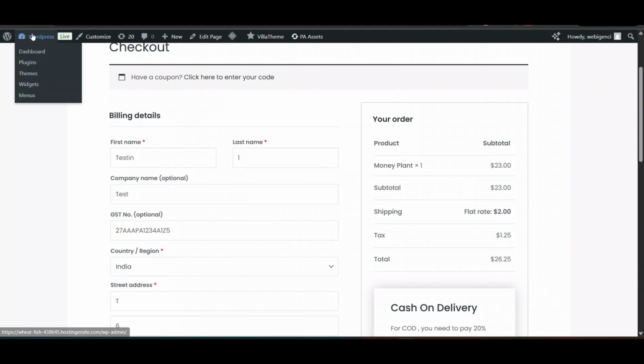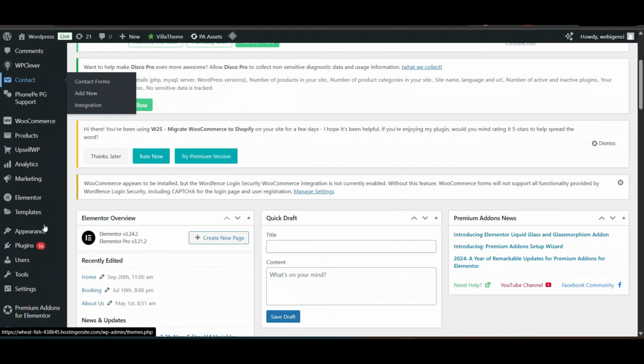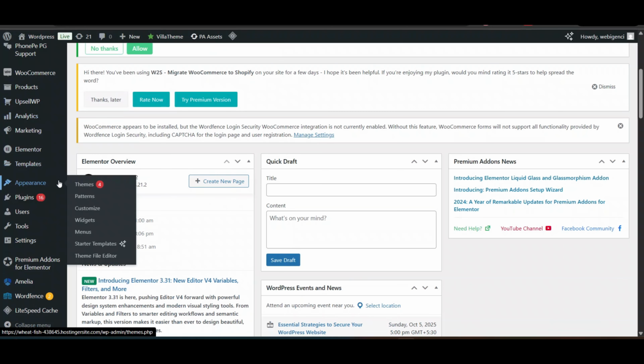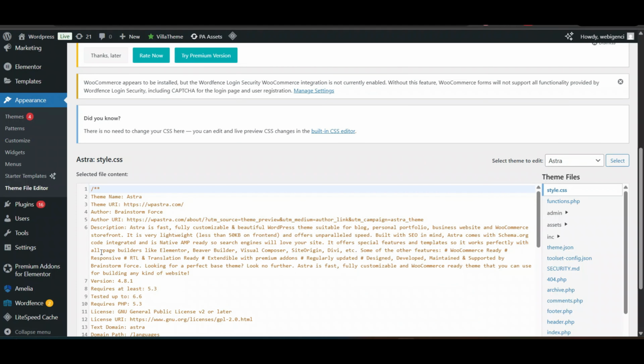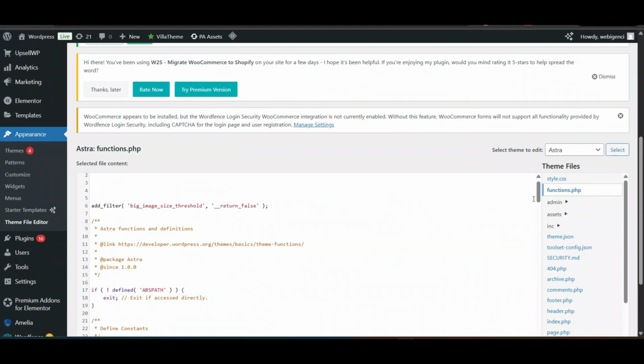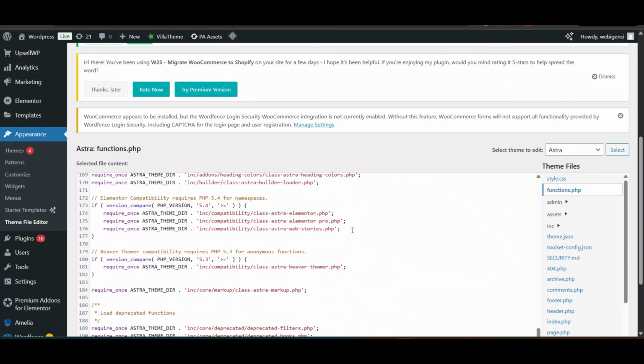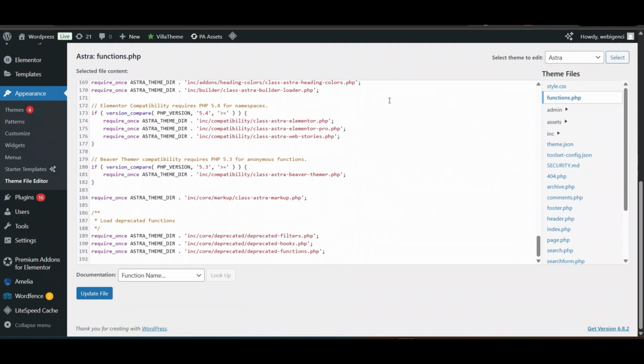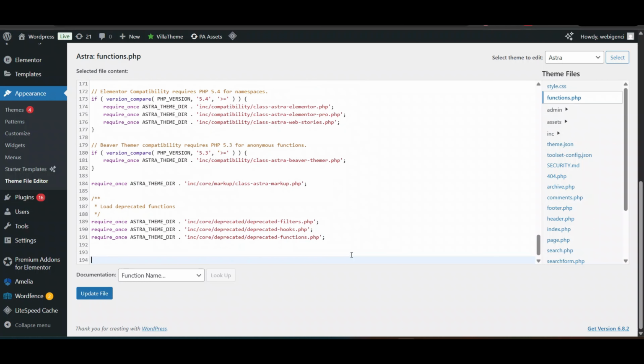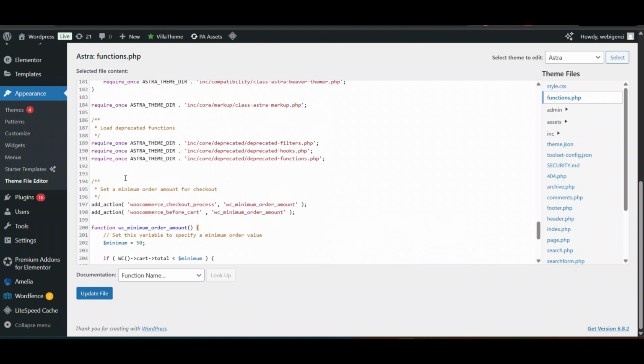So to set it, what we're going to do is go on your admin dashboard, go here in the Appearance page, go on Theme File Editor. We will add some code. Here, go in your theme. You can select your child theme. Now go on the functions.php file, just simple. Now wherever you scroll down, we will add a code here through which you can set it up.